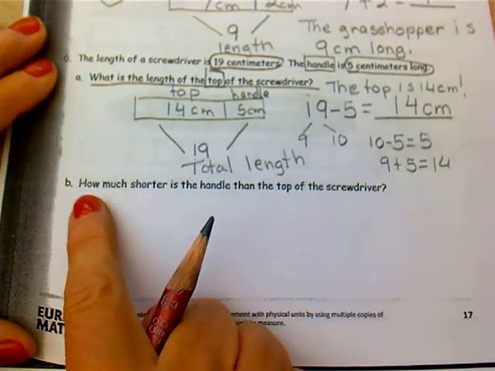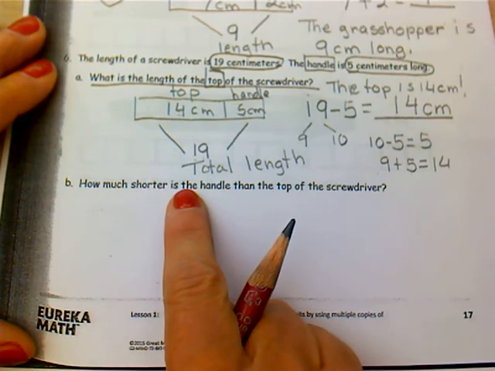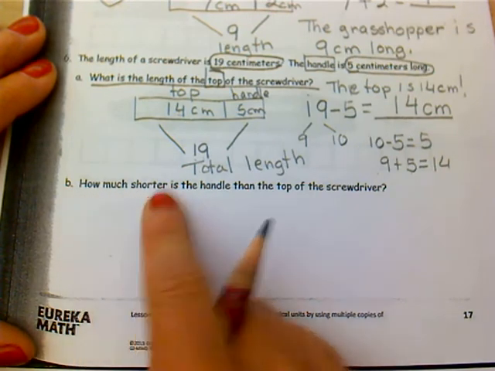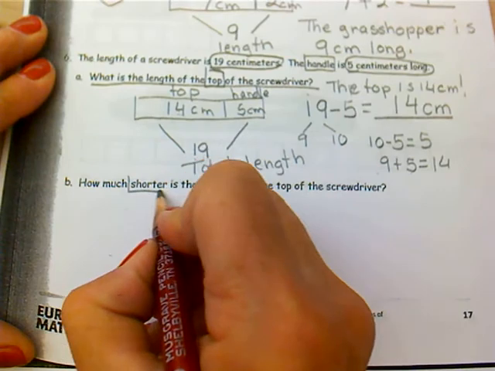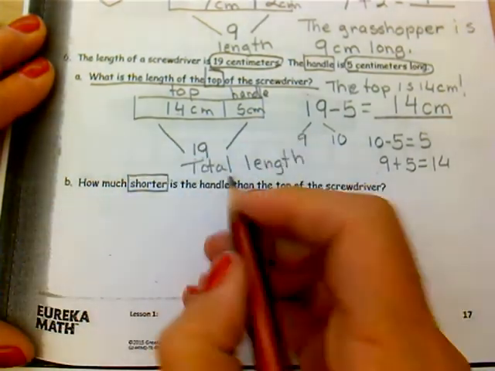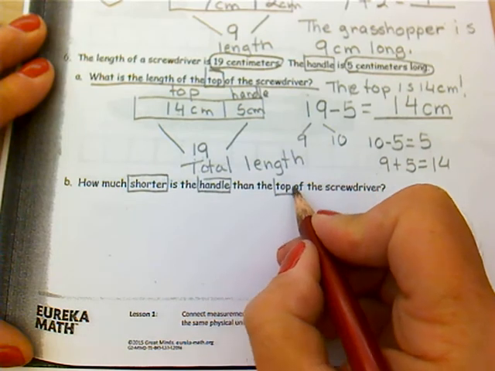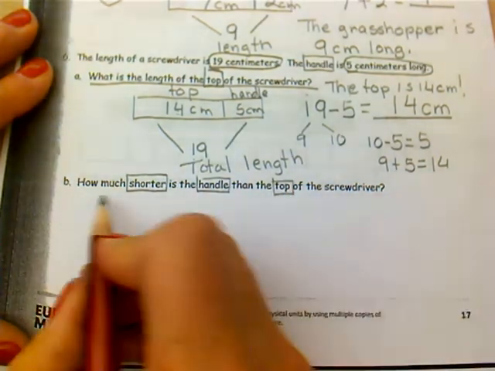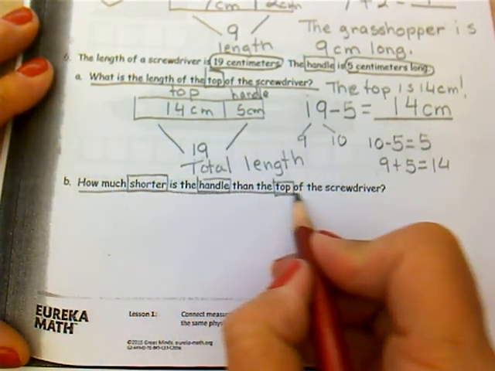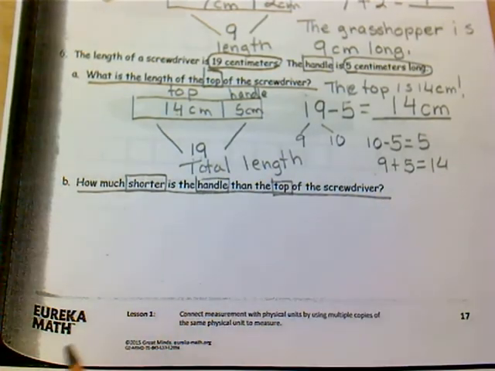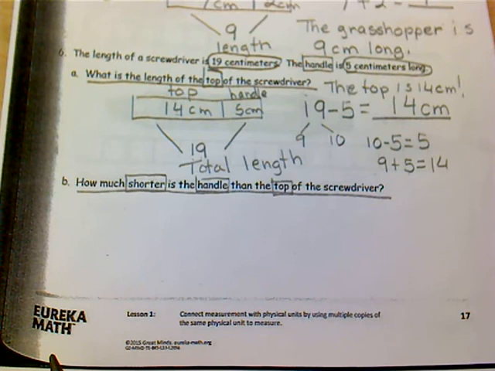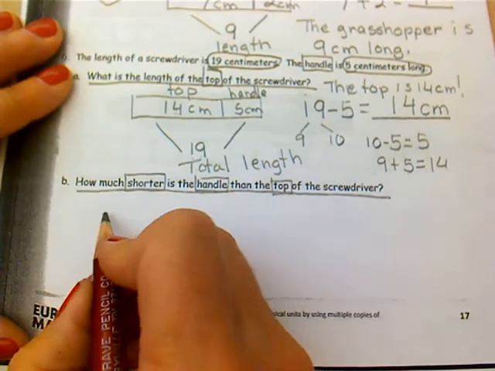All right, so now we are going to try B. How much shorter is the handle than the top? How much shorter is the handle? That whole thing is the question. How much shorter is the handle than the top? Well, let's see what I know about the handle and the top. So let's do a